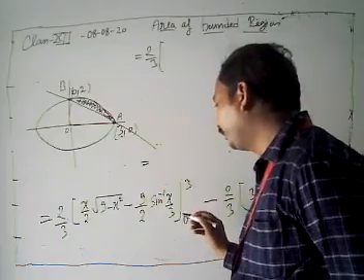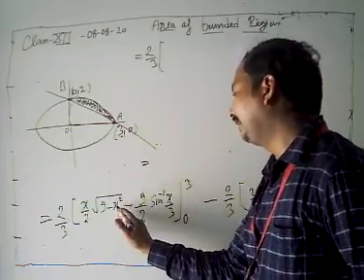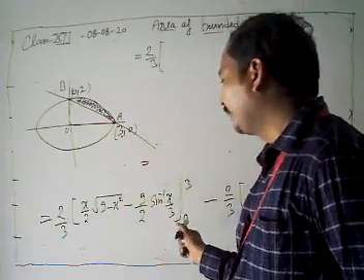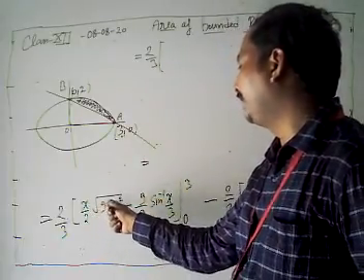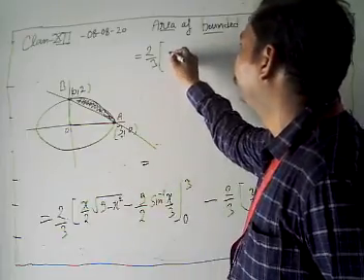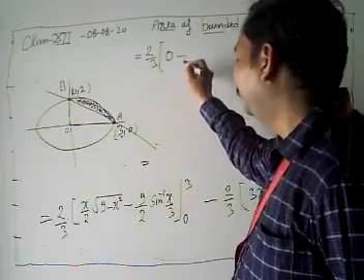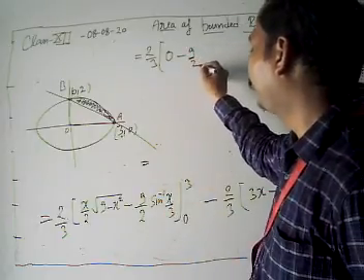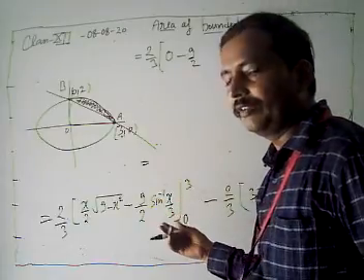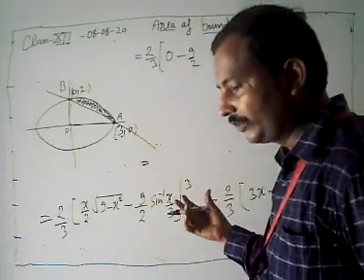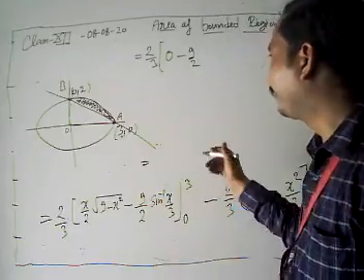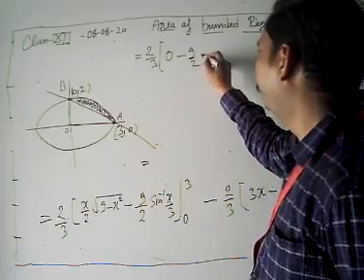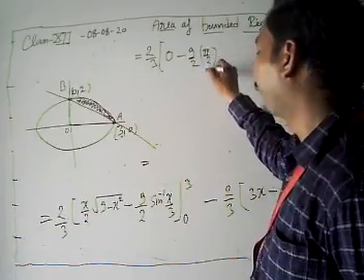Look, when we put the 3 here, 3 square is 9, 9 minus 9 is 0. And now this portion is 0 here. 3 by 2 into under root 9 minus 9, this part is 0 there. And then minus, when we put here 3, it's minus 9 by 2, sin inverse 3 by 3, 1. How can we get 1? We get its value 1, at the place of pi by 2. Then it's minus 9 by 2, sin inverse 1 is pi by 2.